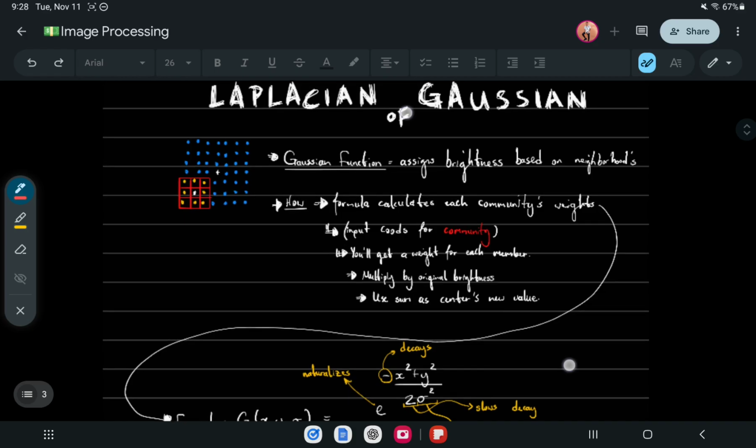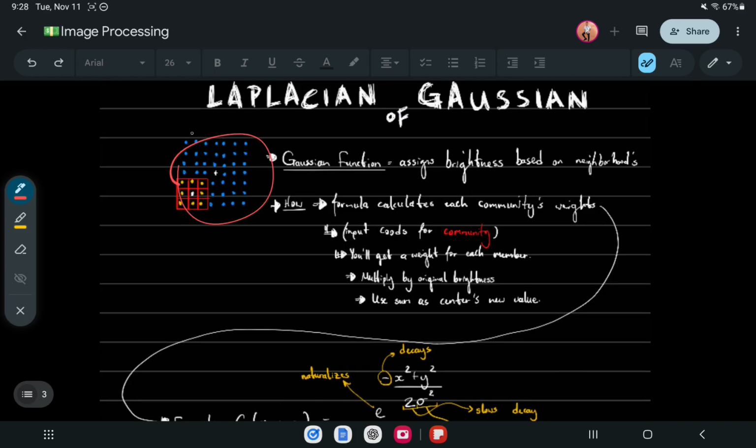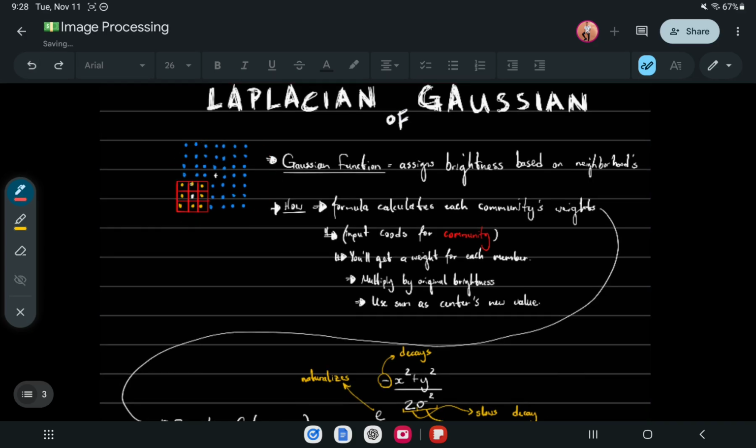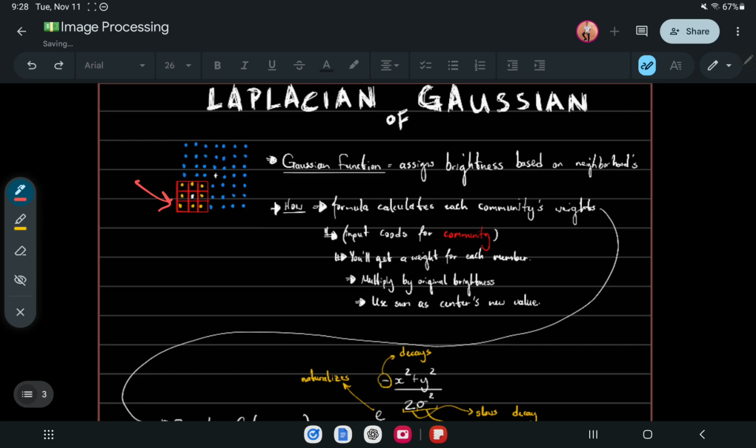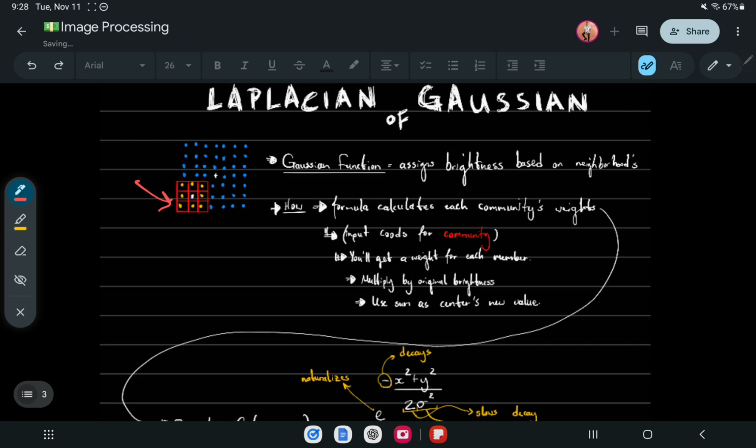So the way it works is you have an image, right? And you have pixels. So basically, you're going to have a 3 by 3 filter, which is what I have here, and that filter is going to be applied to every single pixel. I don't know how it's going to work on the edges, but for the ones similar to shown here, where all members are within the grid,